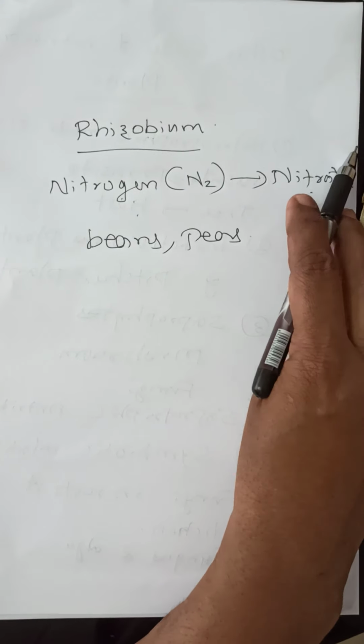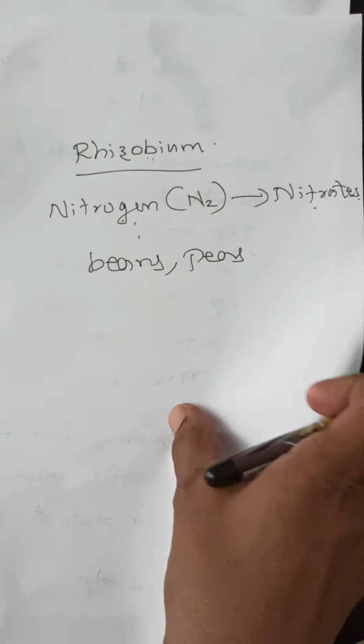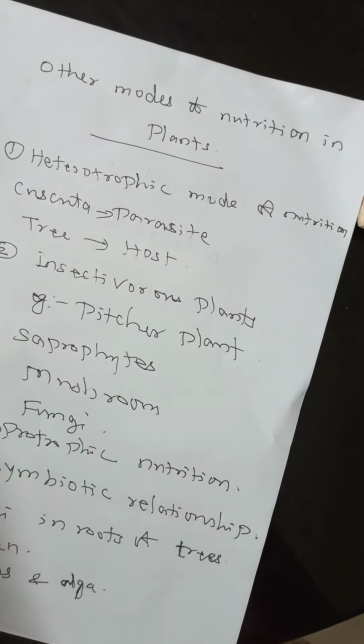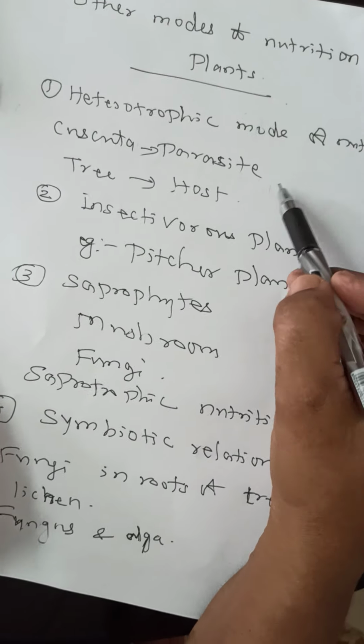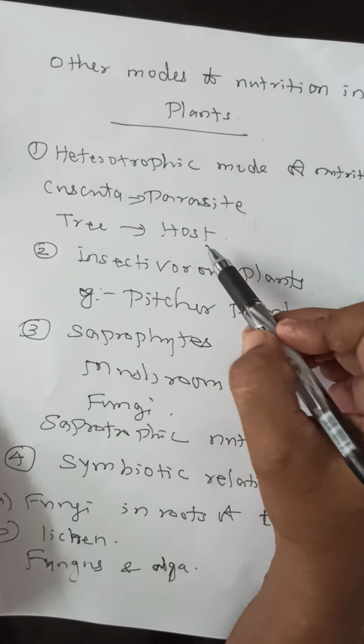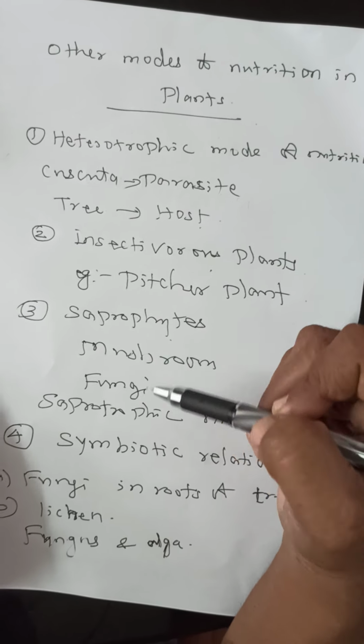So these are the different modes of nutrition. Today you have studied the different types of nutrition, that is heterotrophic nutrition, parasite and host, insectivorous, saprophytes, and symbiotic relationship. I think it is clear to you, and I have attached a PowerPoint presentation also. You should see that PowerPoint presentation and try to do exercise questions 1 to 5. Next class I will explain the answers. You just try to do it by yourself. That will be homework number 1.